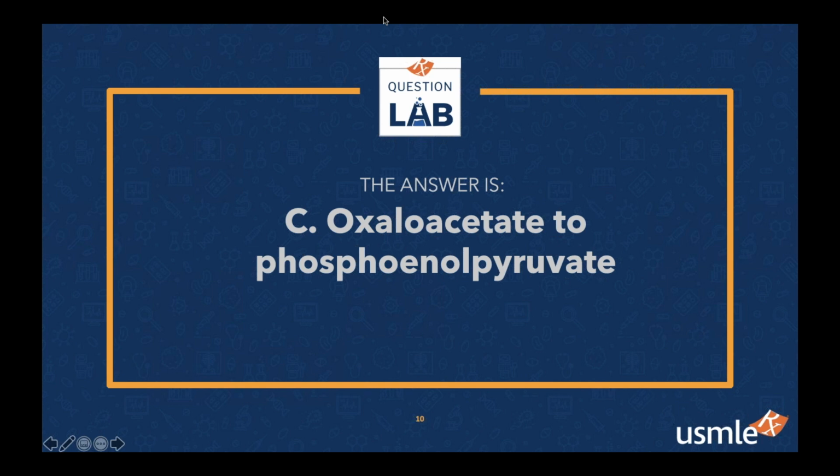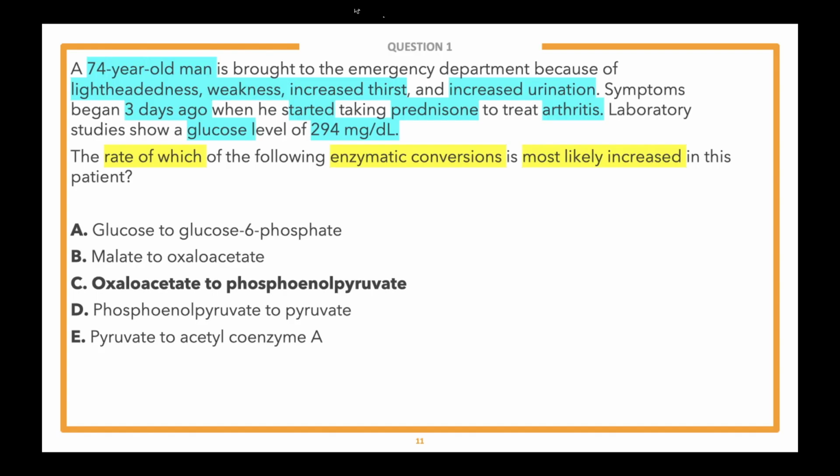Great job, guys. Great way to start off the session. So we know that this patient has a very high blood sugar level, right? We also know that they have signs and symptoms of hyperglycemia: increased thirst, increased urination. Why is that the case? Hopefully you picked up that it was probably the prednisone. So glucocorticoid-induced hyperglycemia, okay? Glucocorticoids can cause hyperglycemia, but what's the mechanism? The mechanism is that it promotes gluconeogenesis, specifically in the liver, and it promotes insulin resistance, okay? So in the gluconeogenesis pathway,